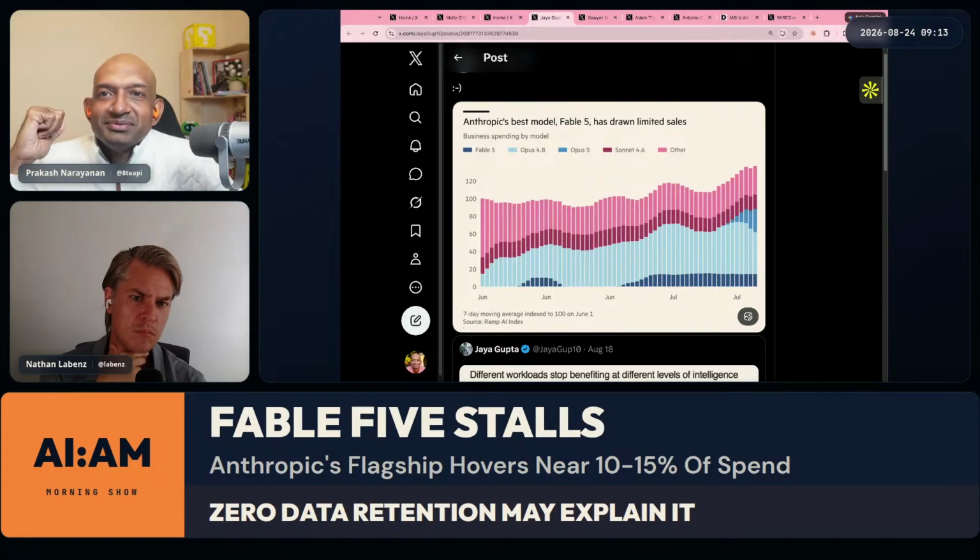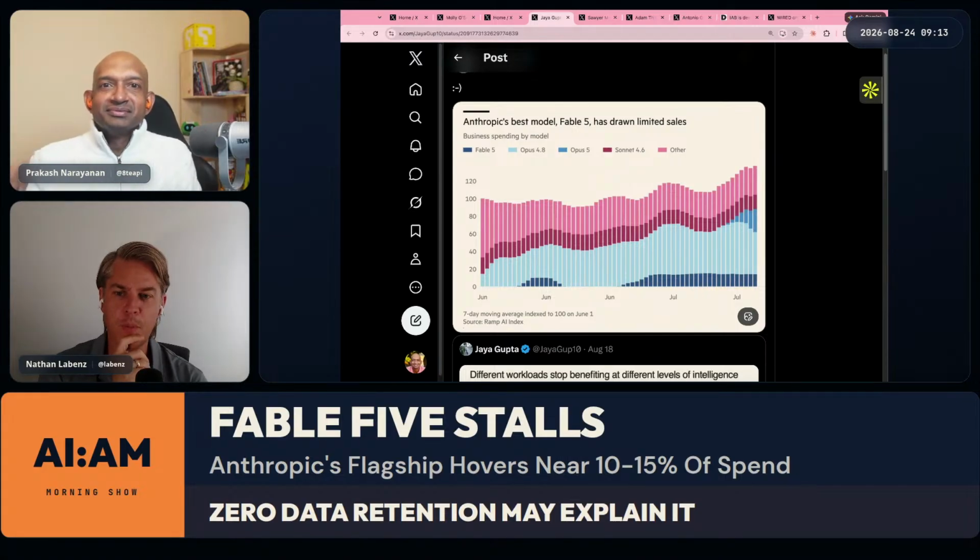Yep. Yeah, that's probably the best explanation that I could come up with as well. I think there's also, when we first got Fable in that little blip at the beginning of that chart, one of the things we talked about was how everybody was going to have to start thinking more carefully about the division of labor between models and trying to make sure that you're using the right model for the task, because it is pretty expensive and you do hit your limit even on your Claude Max plan relatively quickly if you just throw everything at Fable. So I have done that. I think probably a lot of people have done it. It's so easy to do, right? You can just... Mhm.